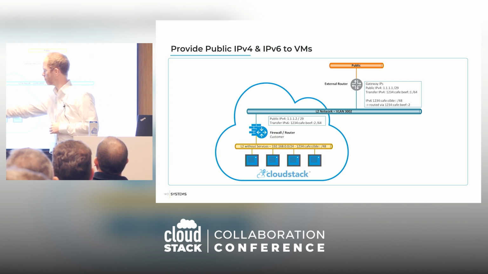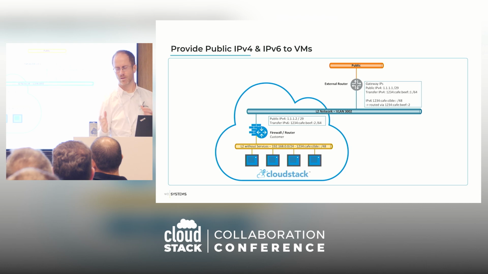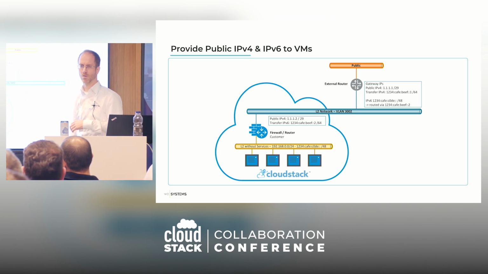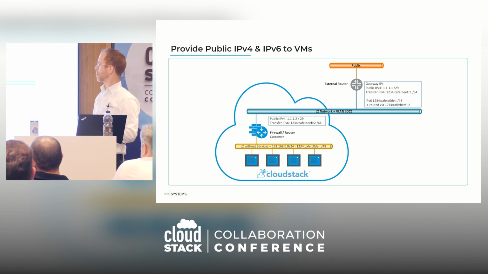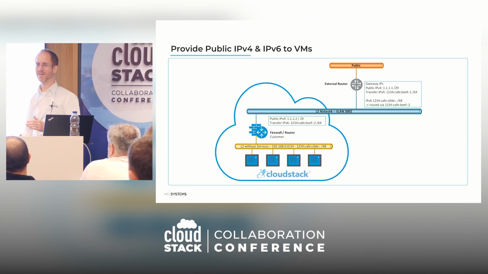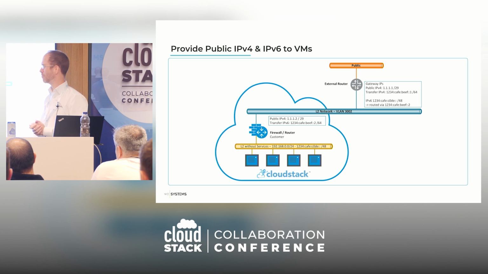In this case, we chose a layer 2 network again without services, as the customer is controlling all of it using their own firewall or routing appliance. With IPv6, we built it actually before IPv6 was introduced for isolated networks in one of the last versions. We do it in a very similar way.